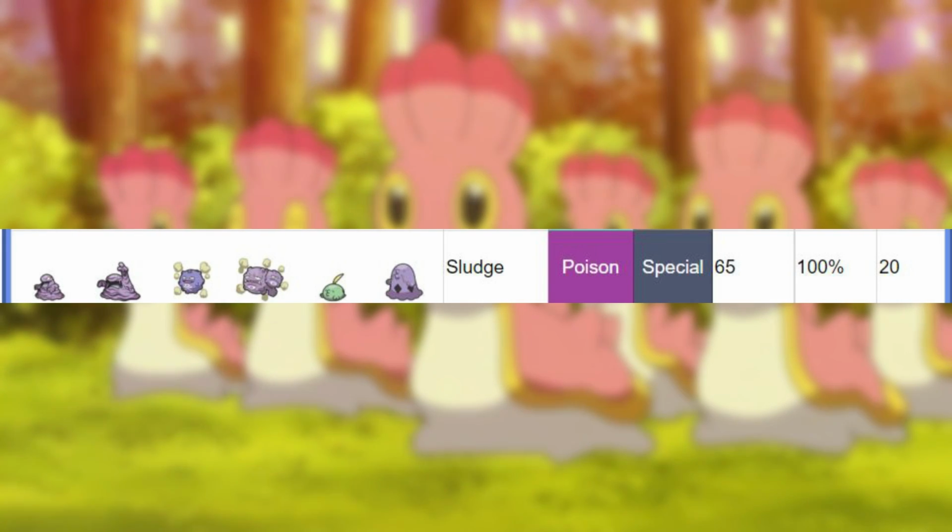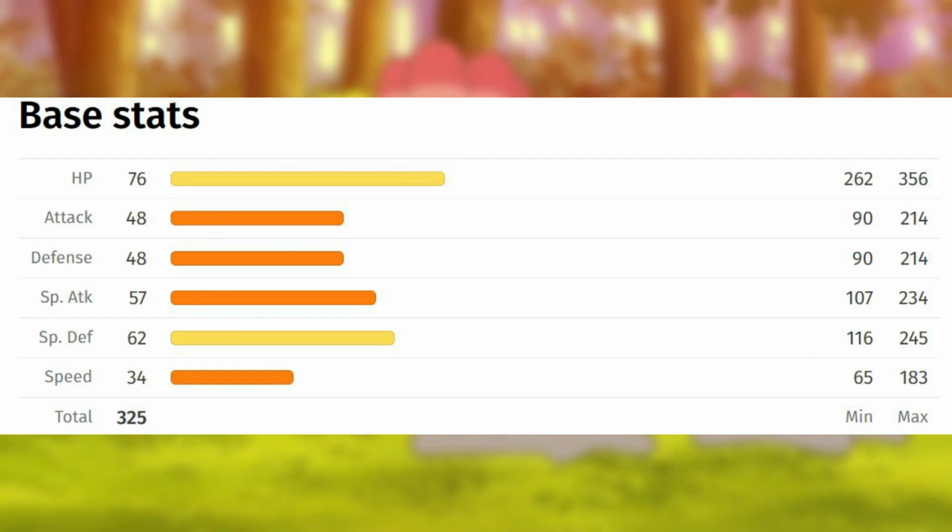For all Pokemon breeders out there, you are able to breed a Shellos or Gastrodon with a Grimer, Muck, Coughing, Wheezing, Gulpin, or Swalot, which will produce an egg which will hatch a Shellos that knows Sludge, a special poison type attack with a base power of 65 and an accuracy of 100%. Shellos has a minimum base stat of 325, with HP being the best at 76. However, at level 100 and perfect IV and EVs, and a supporting nature, then Shellos can increase that base HP stat from 76 to